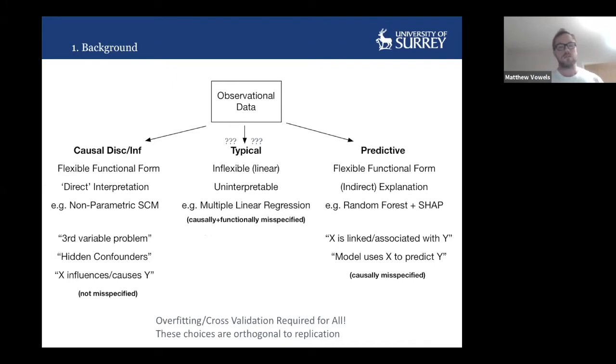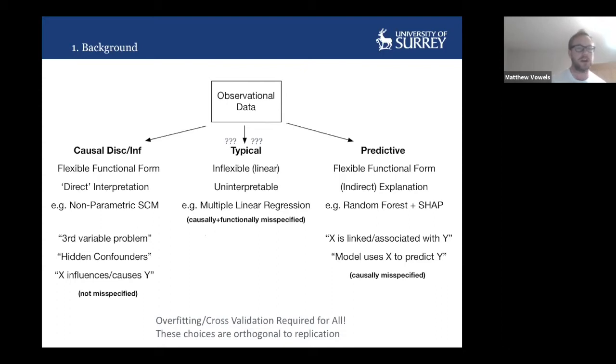If we take the causal route, this is a really challenging route to go down. I see a lot of people using structural equation models, for instance. There are a couple of issues with that. Firstly, if they're linear, then we still have that issue of functional form. It doesn't matter that they're structured: if the functional form is incorrect, it's not going to help us. But assuming that we do it well and we have a flexible functional form and the structure is correct, we can get really, really good inference out of it. This approach is incredibly powerful, but it's very, very challenging.